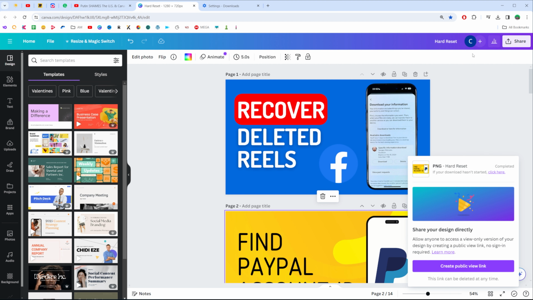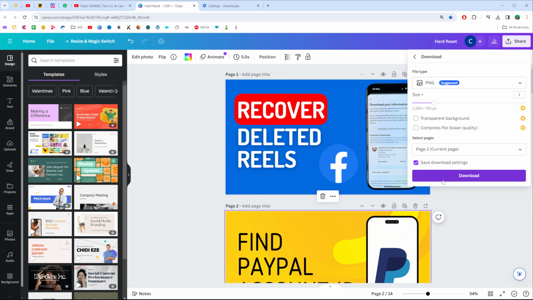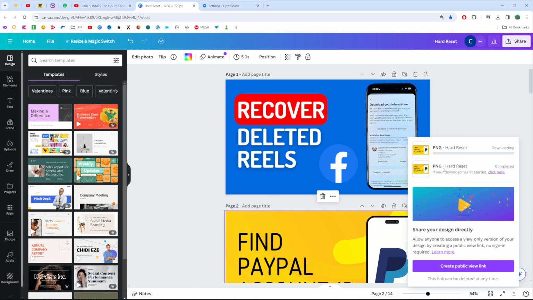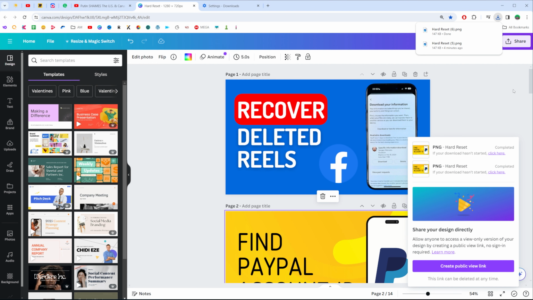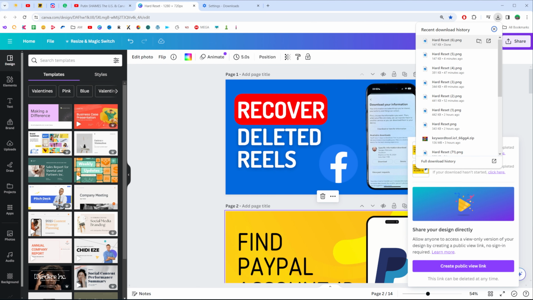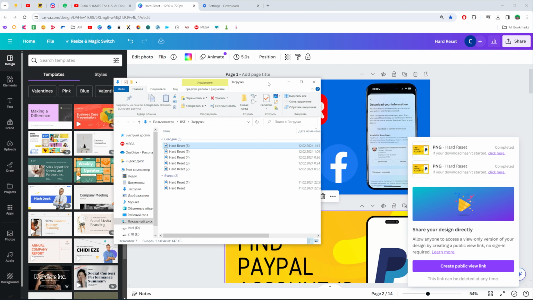And then once you download a file, I'm just gonna download that image. And then once the image is downloaded, it will show you all your recent downloads here at the top right corner in that list. From here, we can open up the file, or also from here we can click Show in Folder to head over to that